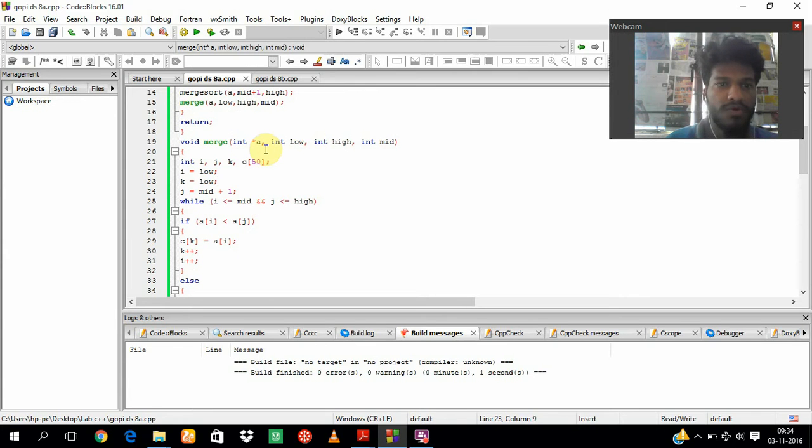for the merge void as int asterisk a and int low and int high and int mid. In there I created integer data types i, j, k and c of 50 for the size of the elements to be stored. And also I created i is equal to low, j is equal to low, and j is equal to mid